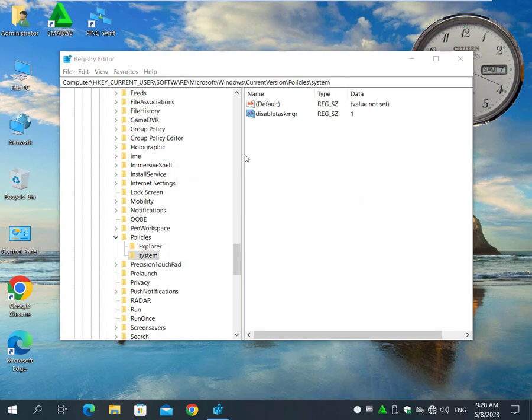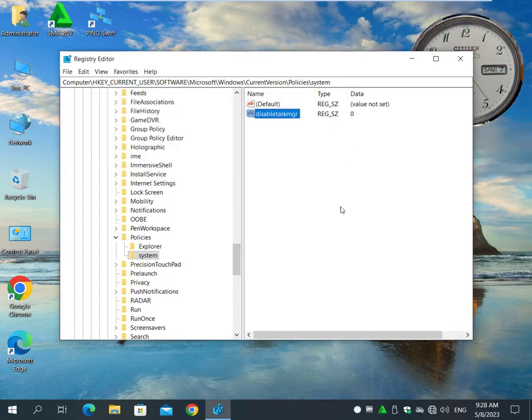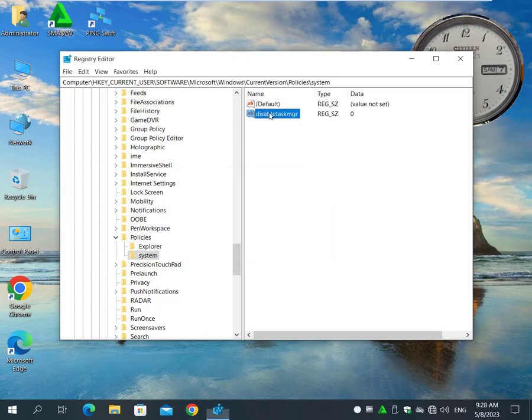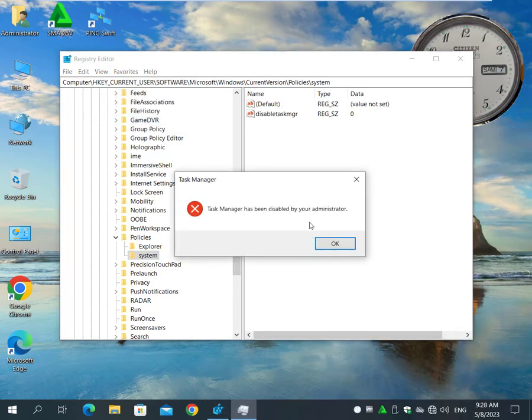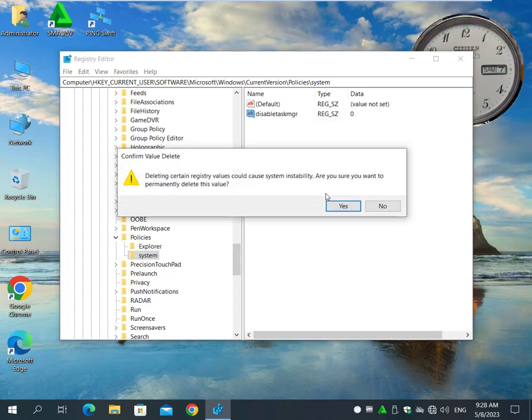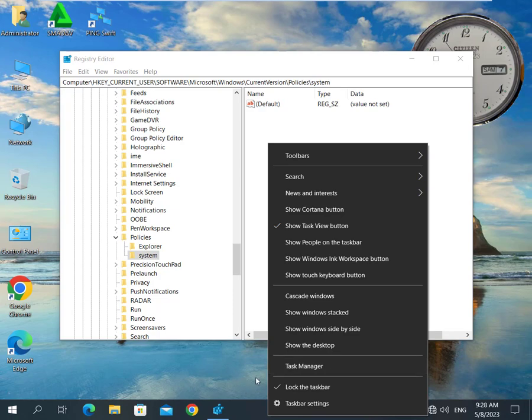So how do we enable it again? Just make it 0. So it will be enabled again. If I disable Task Manager, I'll refresh. Then Task Manager will work, whether the value is 0 or 1, it's still working. If I delete this value, Task Manager will work perfectly. But the problem now is that I want to make it disabled